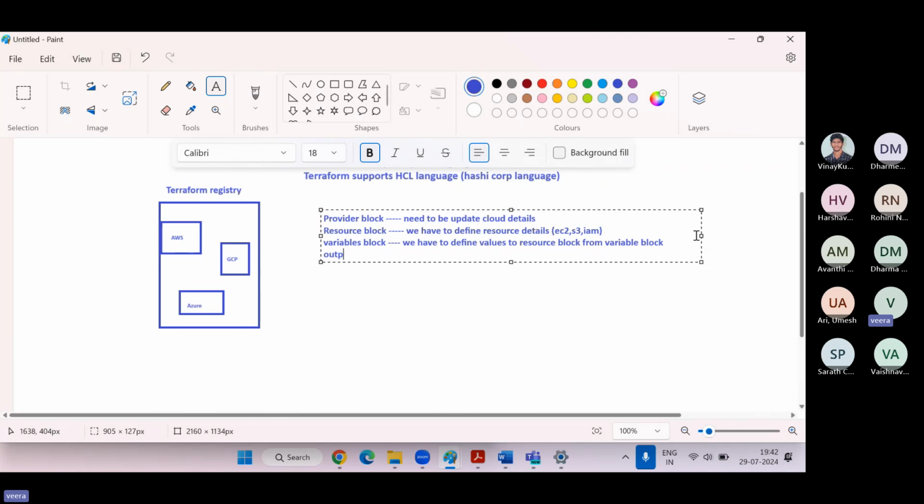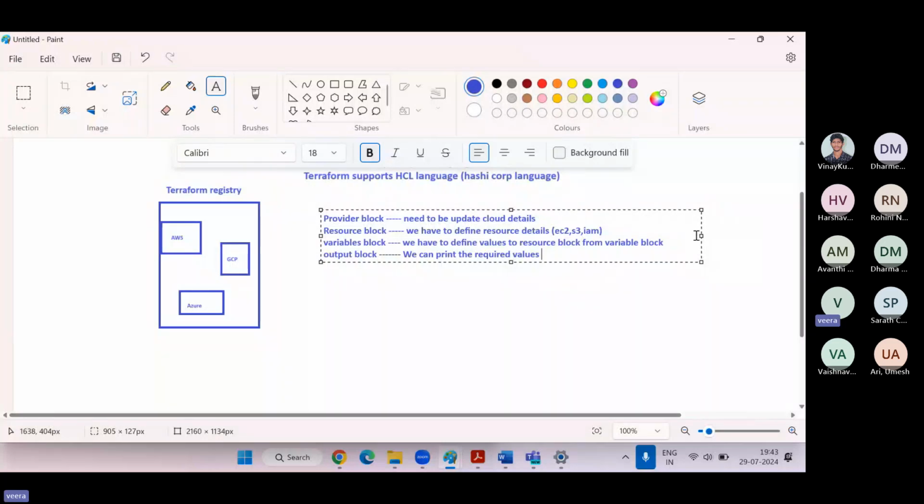And the output block. With the output block, we can print the required values, meaning whatever output values we want. For example, if it is an EC2 instance, we can print the EC2 instance output value.